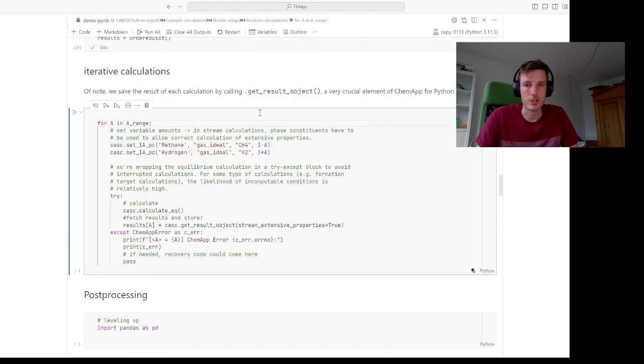The only thing I want to point out here is that after we calculate the equilibrium, we are explicitly getting the result object of this calculation. This is a very crucial element for everything that follows, because otherwise, while iterating, we would only calculate but not fetch these results automatically. So this has to be done by this routine, and this routine will fetch, I think, almost every usable thermodynamic property that can be collected